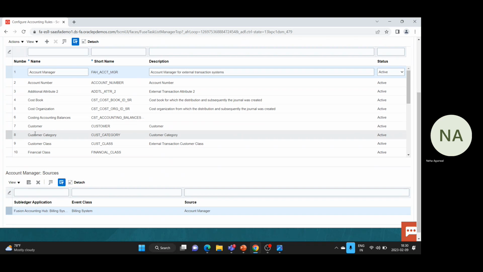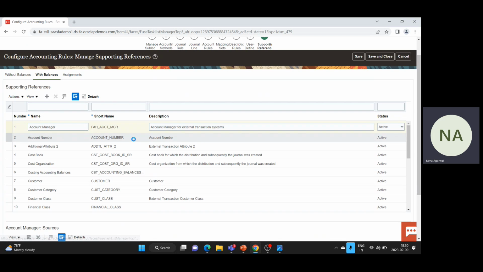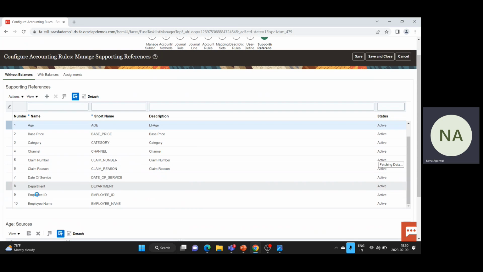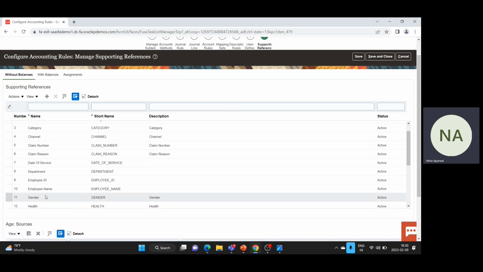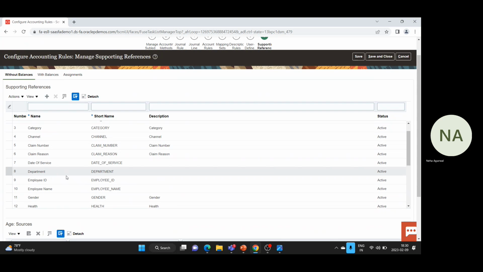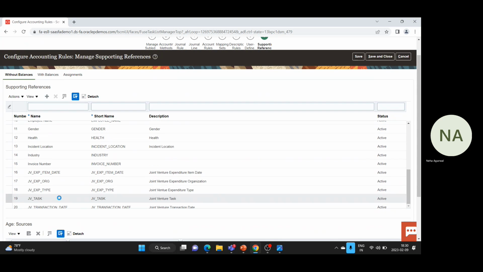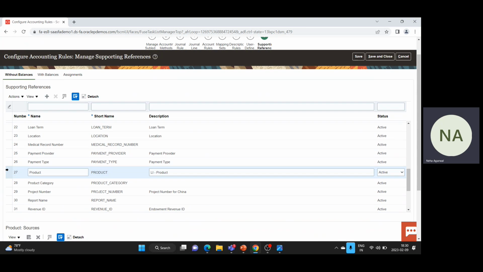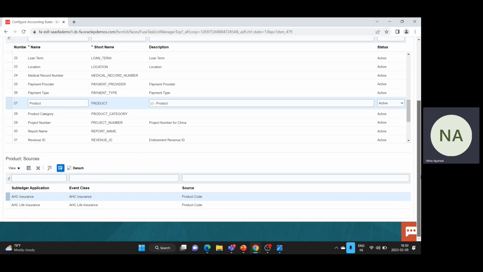Like if I go to without balances, these are the various ones created. Like I am adding product. The supporting reference I am adding is product. So I'll click on product, and you can see product is assigned to these two subledgers. I will click on add,